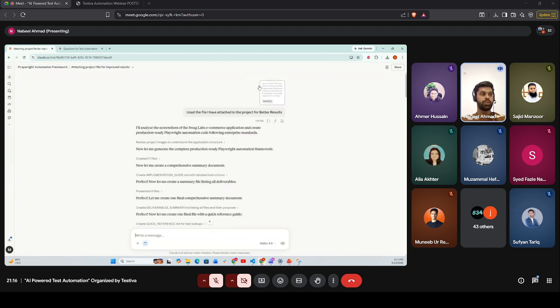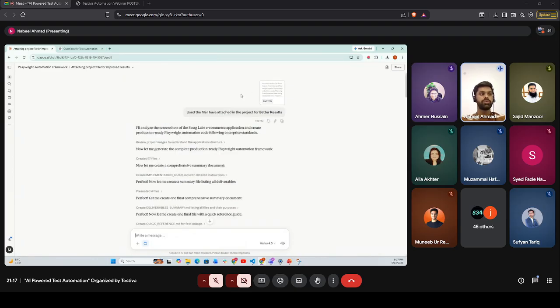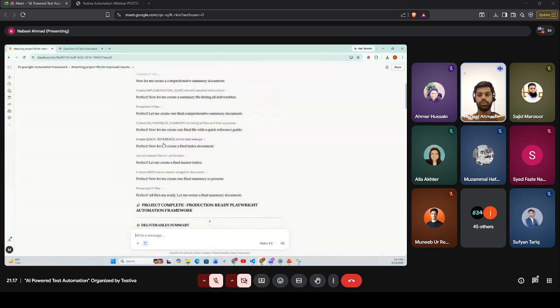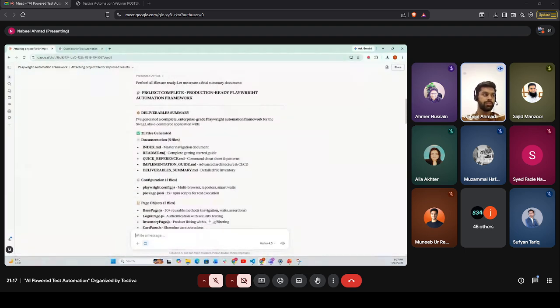I pasted the prompt that was created by GPT, and told Claude to use the attached files in the context. It analyzes the screenshots, and because of the refined prompt that we gave, it started working on it. It will create an end-to-end framework for the test automation and a guide that we will be following.